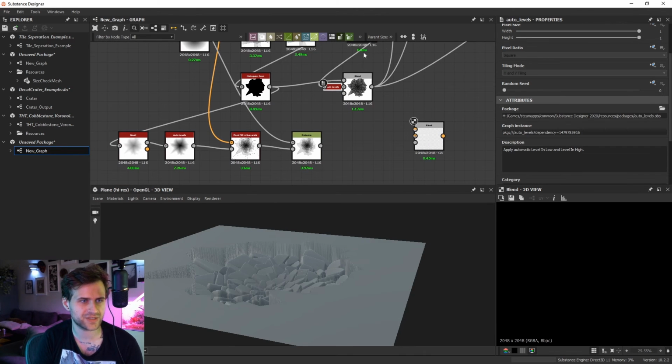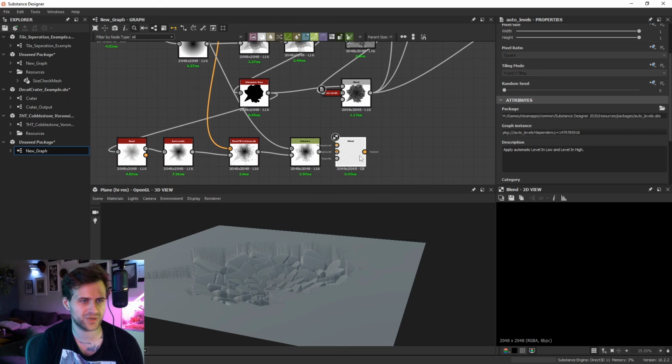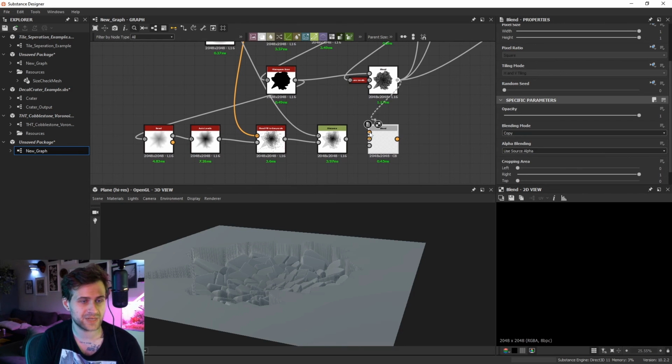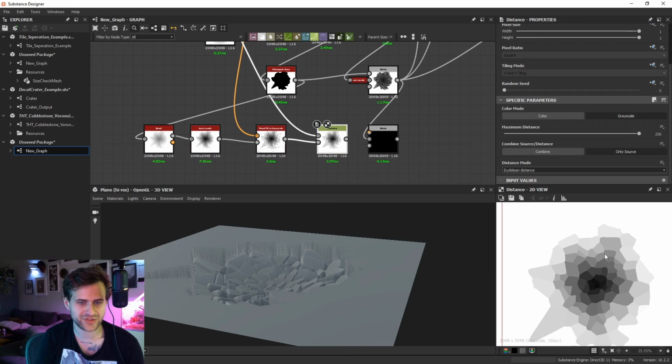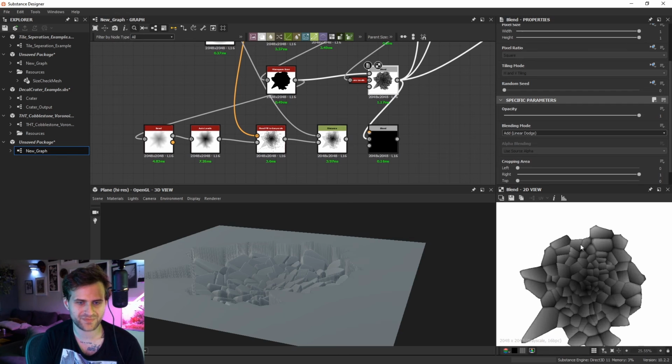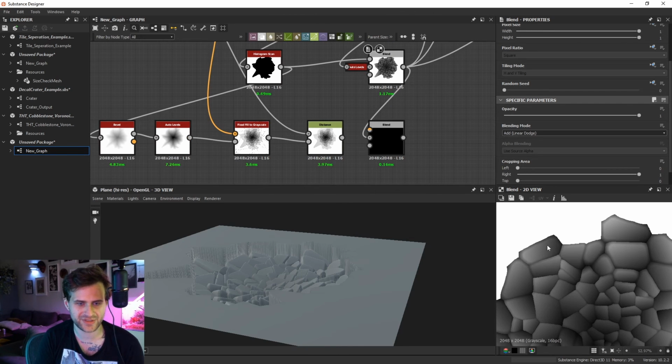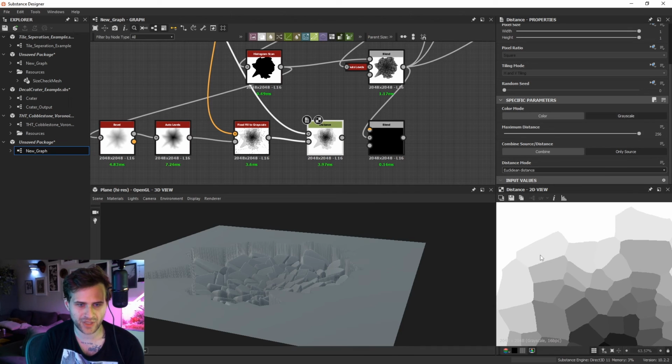I'm just pressing D to dock that node against the graph. We'll do a video on interface shortcuts. And I'm just going to add this texture to this one. So what that's going to do is these textures on the periphery are going to get a lot brighter. So they're going to step up. So I just add, and